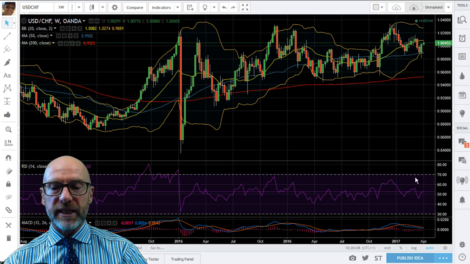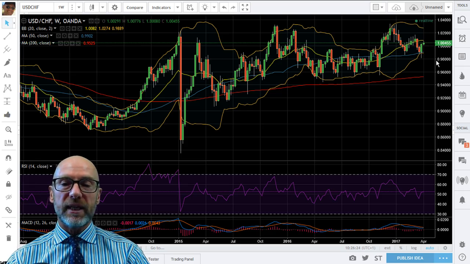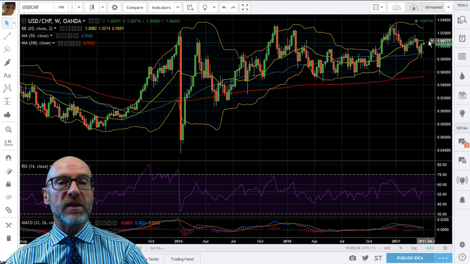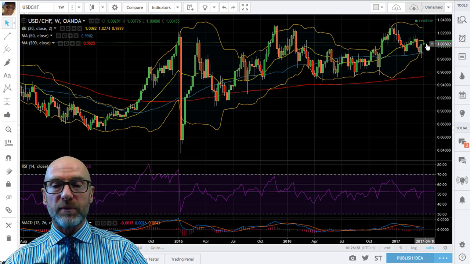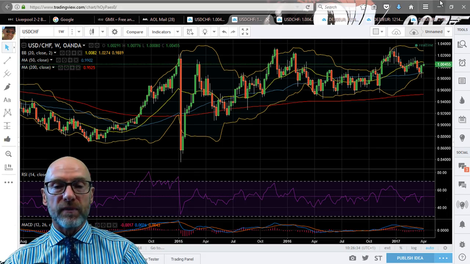nothing exciting. RSI also just going sideways, trading flat, and is also at 52.50, so no signs there. And the MACD are just trending down marginally, slight negative momentum. So the weekly is not giving any signs that we're seeing on the daily. So perhaps the weekly is saying that we're not going to get the break, but be aware of what the daily and the weekly are saying. Now let's look at the